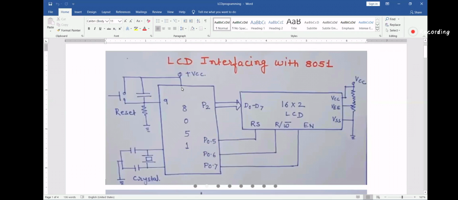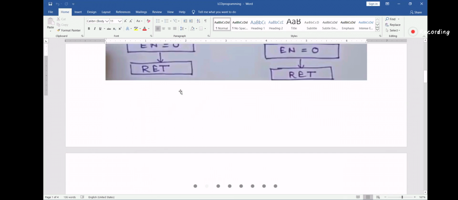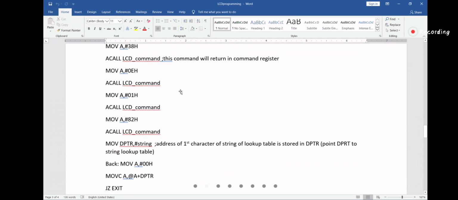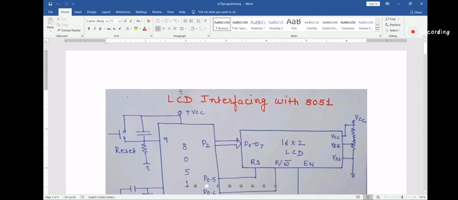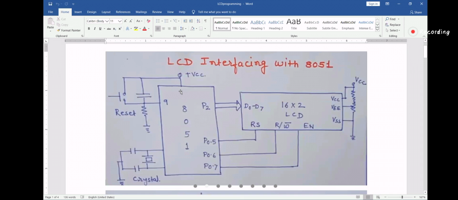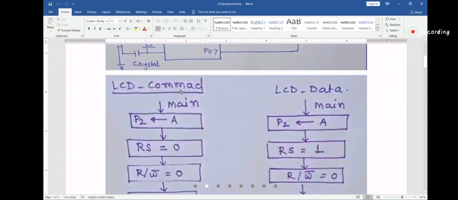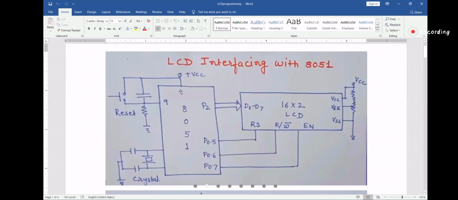You might ask these questions. Which pin of the 8051 is used for the crystal frequency?